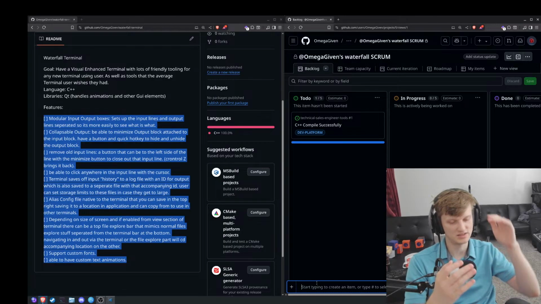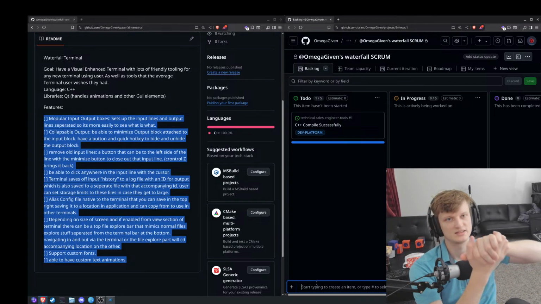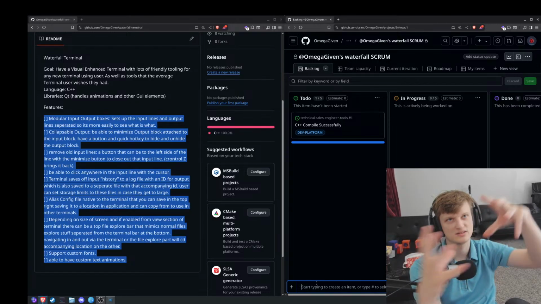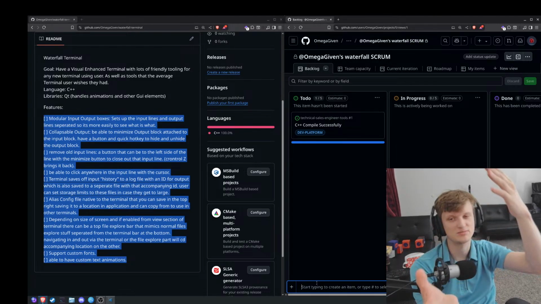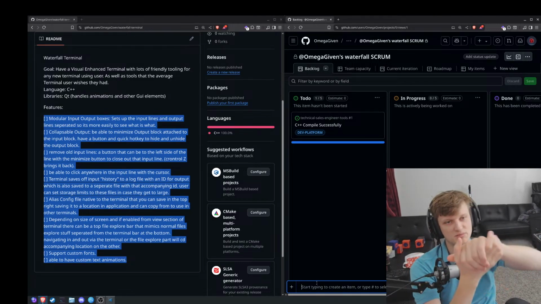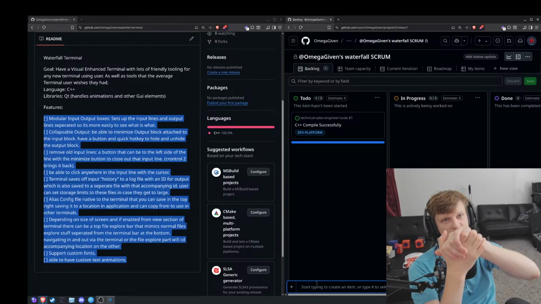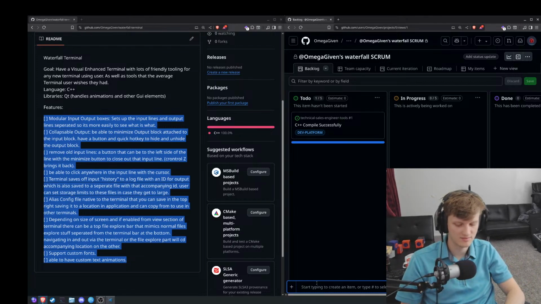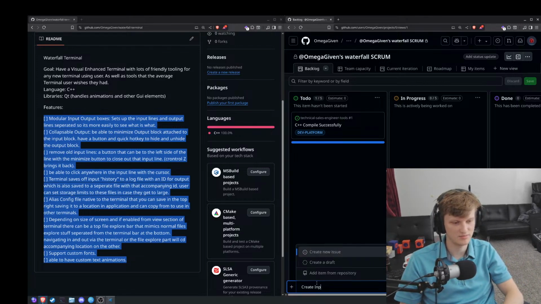All right, so next thing. We need C++ to compile successfully. Then after we get a compiled application, we then want to create an input output section. Create input output module.